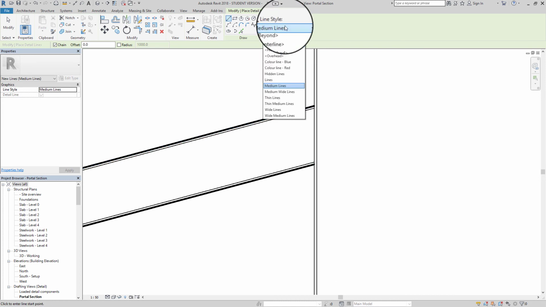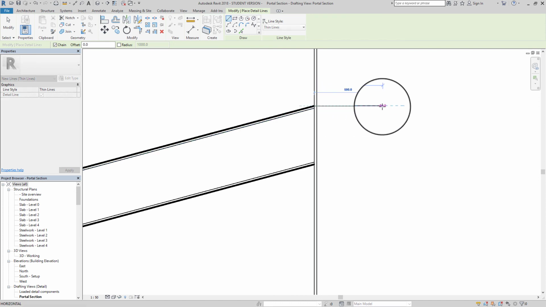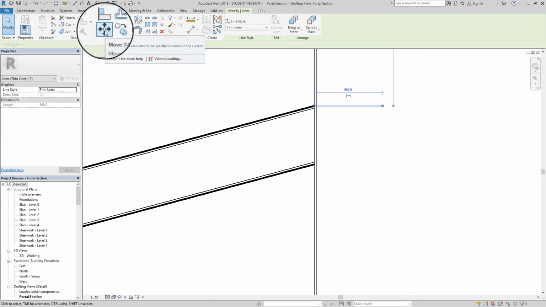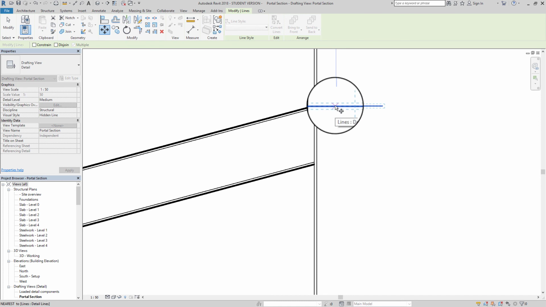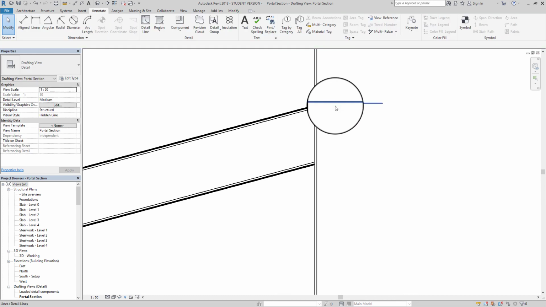We want it to be a nice thin line. So from the end point of the rafter, we're going to drag a line horizontally, doesn't matter how long it is, and press escape and escape again. And then we're going to move that thin line, we're going to move it up by 20 millimeters. So select anywhere on the line and drag it up 20, return. We can now